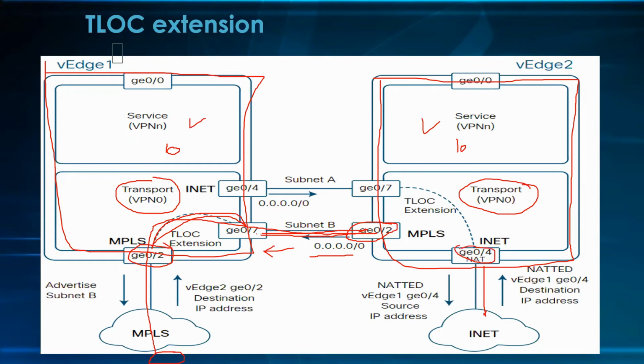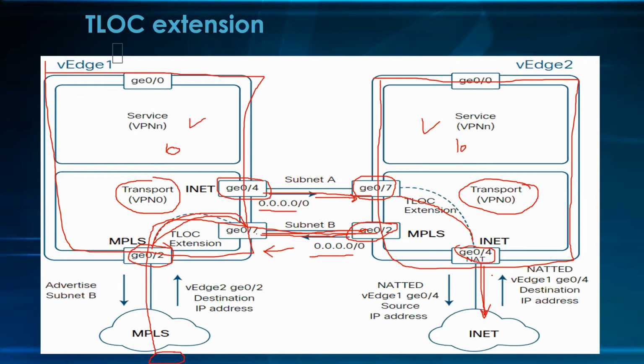Here I'm running a tunnel. Here, again on the G0/7, I'm saying to do the TLOC extension. TLOC extension of whom? G0/4, and then it is going here, right? Here I'm doing a tunnel interface, and I'm pointing the default route on this one, saying that to build the tunnel, follow this route, send it to the G0/7 IP address, and as soon as it reaches this box, it will follow the default route which is configured here towards this ISP. This will reach the ISP, and then the ISP will further help to route it over the internet, right?